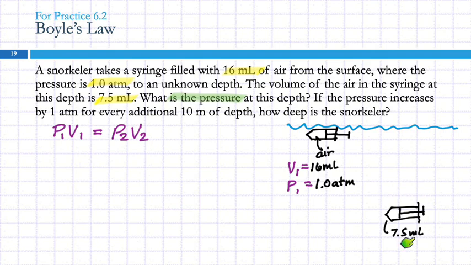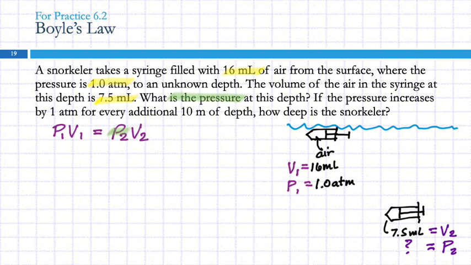And so then this will be condition number 2. This is volume 2. And we don't know what pressure 2 is. That's what we're trying to calculate. So this equation has 2 pressures and 2 volumes. And we have 3 of the 4 pieces of information, so we can solve for the missing one. So I'm looking for pressure 2,